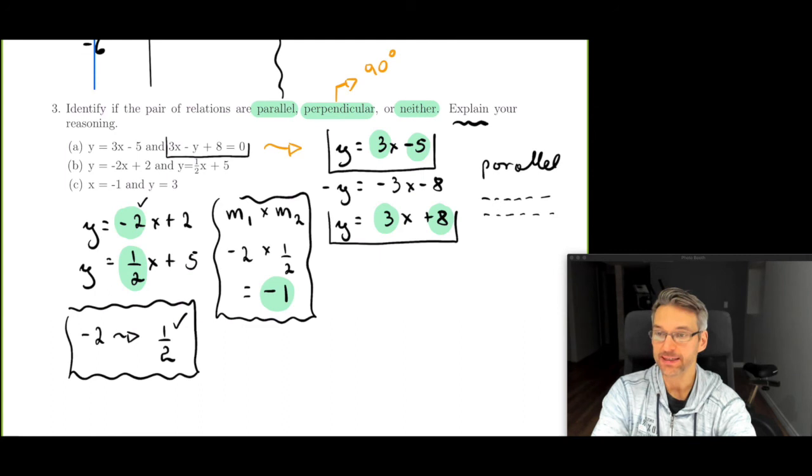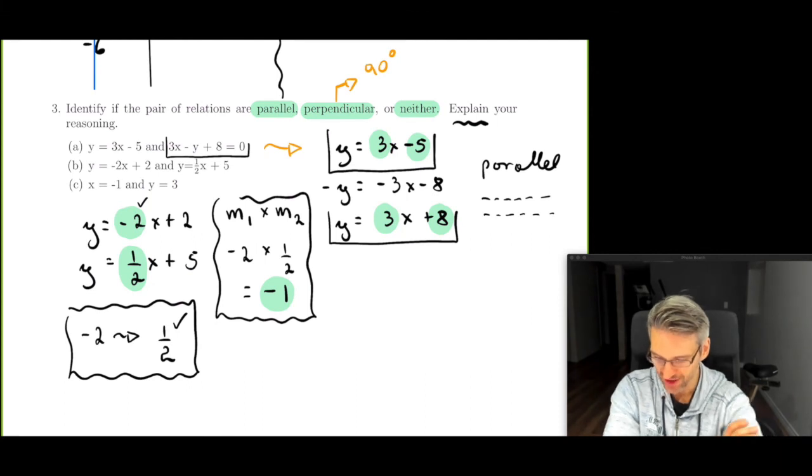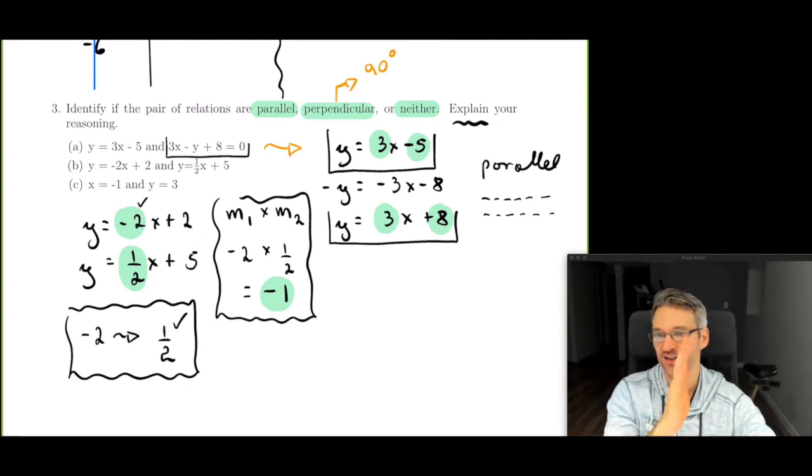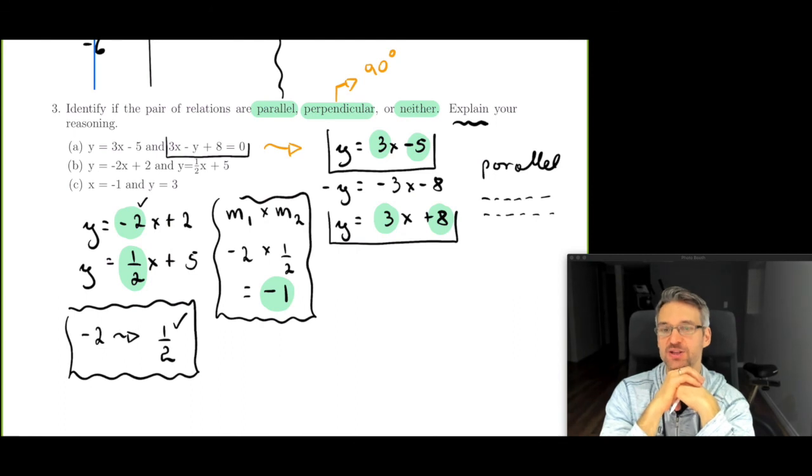Now for C, these are actually kind of related back to the previous question. So notice x is equal to -1, so that's a vertical line. And then y is equal to 3, that's actually a horizontal line. So these ones, the way that they are